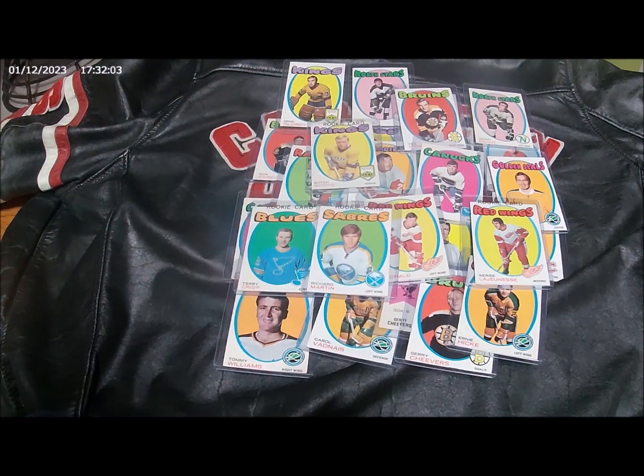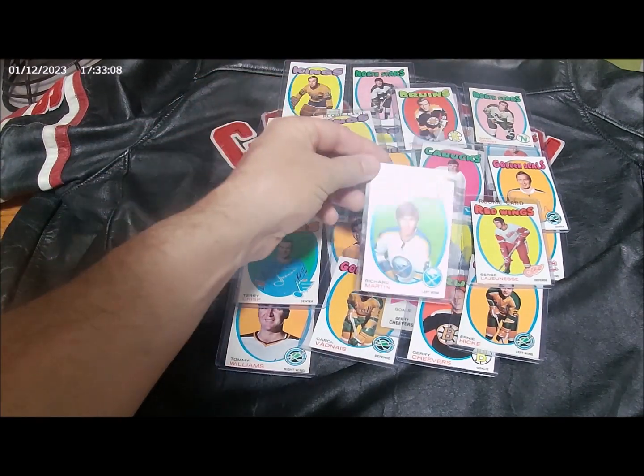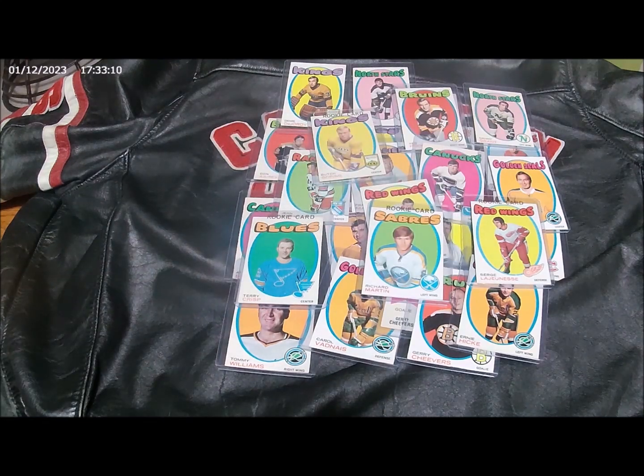There's a statue with the French Connection outside Buffalo, their hockey rink. Excellent player. Martin also went to a Stanley Cup final with Buffalo in '75. They lost to the Flyers. He holds the Buffalo Sabres franchise career record for hat tricks,